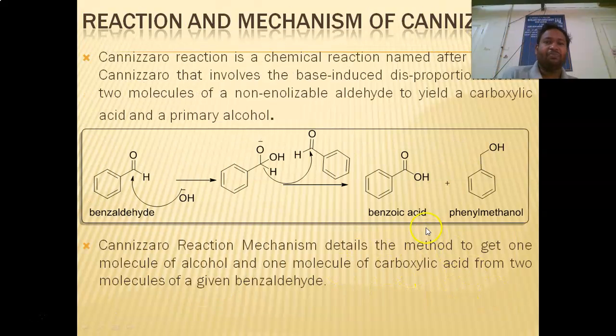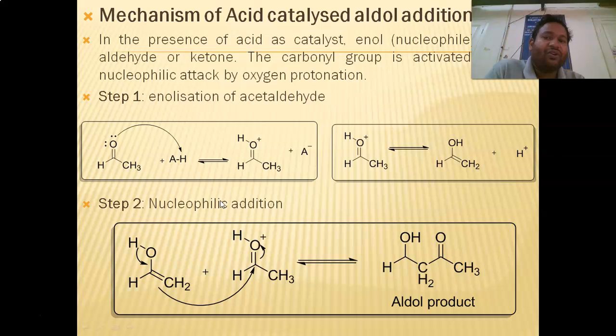In the case of the base mechanism, as already said, the first step is the formation of the enolate. Then this enolate acts as a nucleophile. It undergoes a nucleophilic addition reaction and forms the corresponding alkoxide. This alkoxide again grabs a proton and forms the corresponding neutral compound, a beta hydroxy aldehyde. So this is how the reaction mechanism proceeds in the aldol condensation reaction.